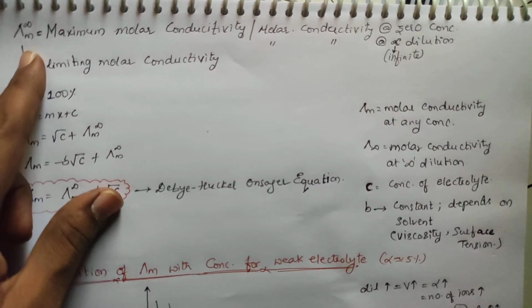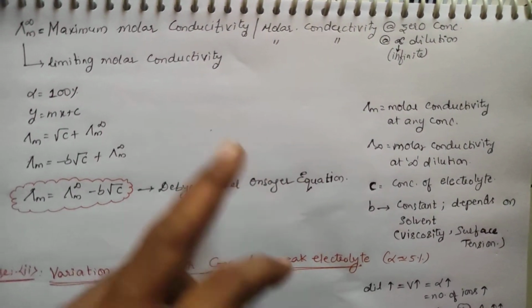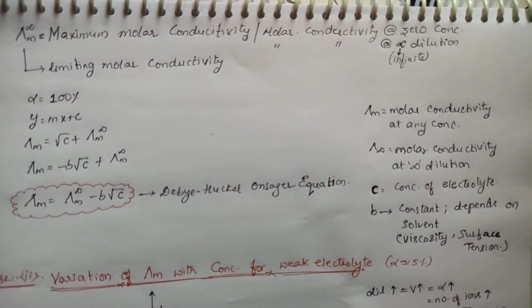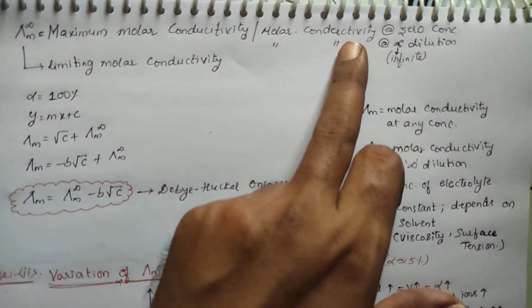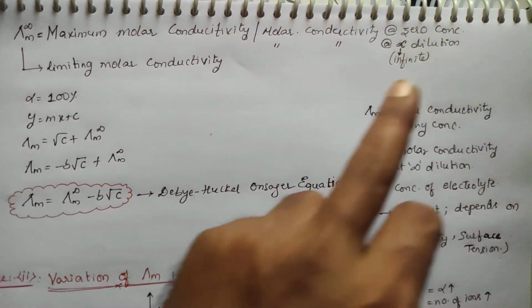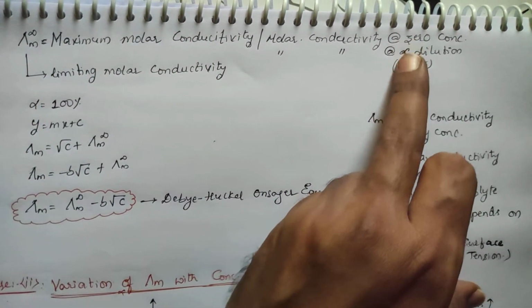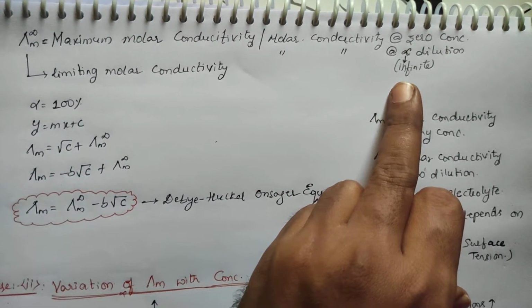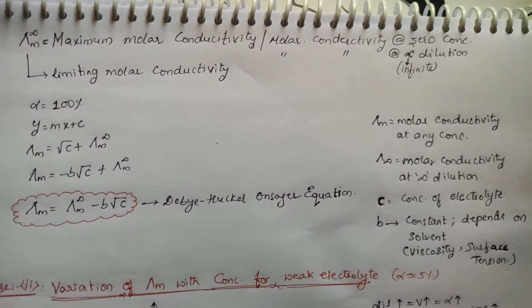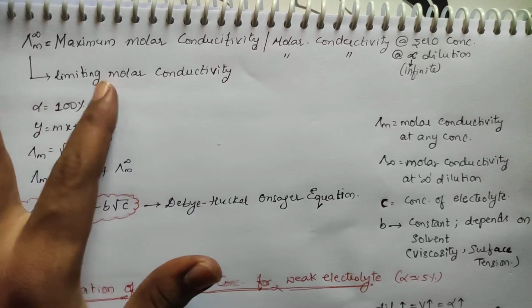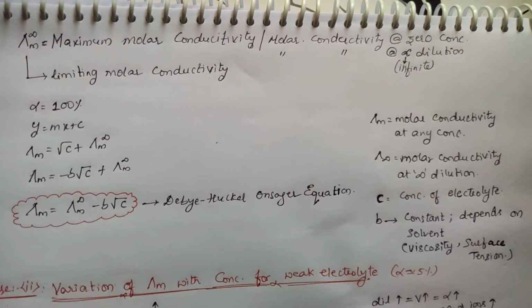And see, lambda molar conductance at infinity means the maximum molar conductivity you can see. So it means you are getting completely free ions. So that is called the molar conductivity maximum at infinite dilution. What will be the concentration? Concentration will be 0 and dilution will be very high. So that is called the maximum. And that molar conductance is also called the limiting molar conductance. More than this you will not have, because it is calculated at infinite dilution.